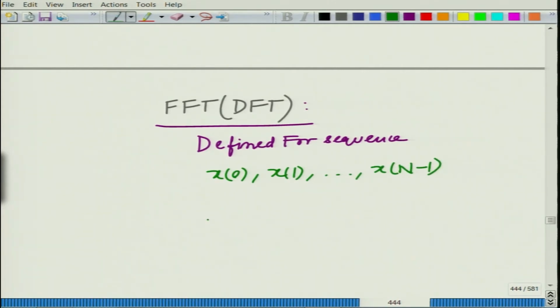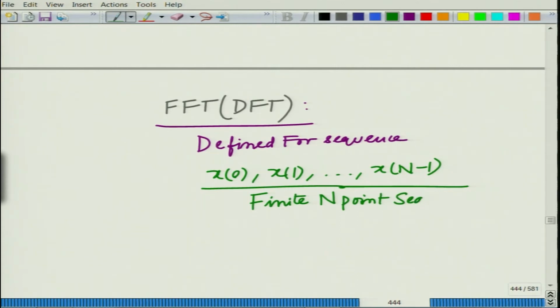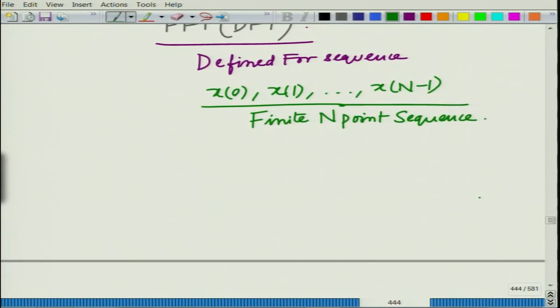All right, and we have an N point sequence, correct, and so this is a finite N point sequence. And the FFT, or the DFT, is given as,